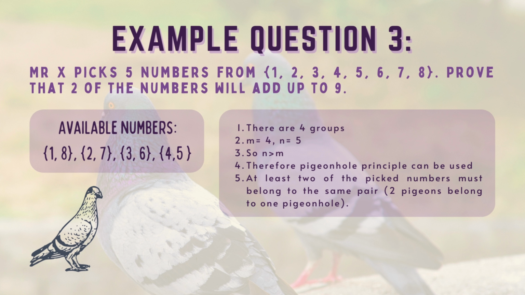So there are now 4 groups, which makes the m, which is the pigeonholes, 4, and the n, which is the pigeons, 5. So we can see that n is more than m. Therefore, the pigeonhole principle is applicable. And we can see here that it is correct because at least two of the picked numbers must belong to the same pair, which in the pigeonhole principle is two pigeons